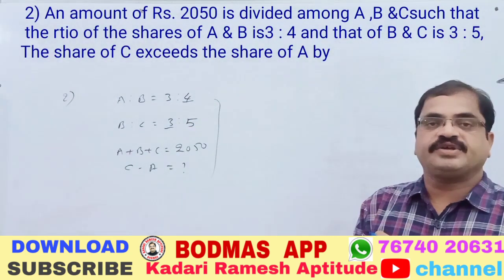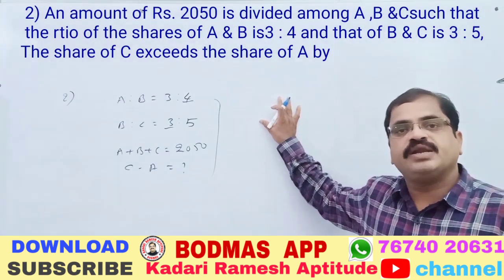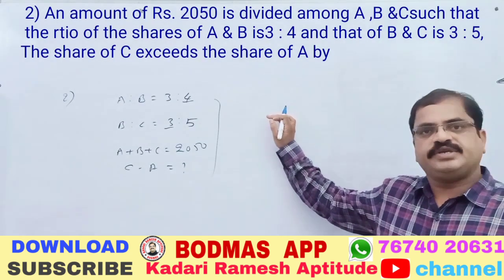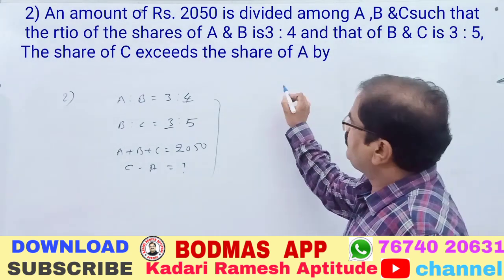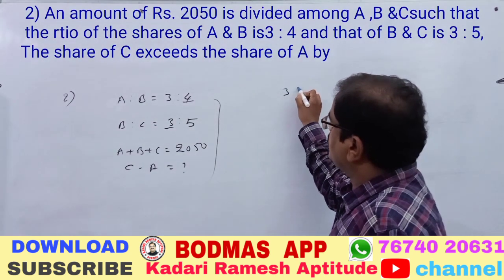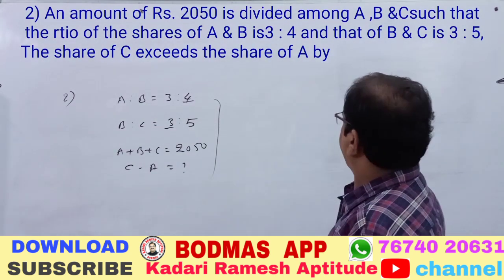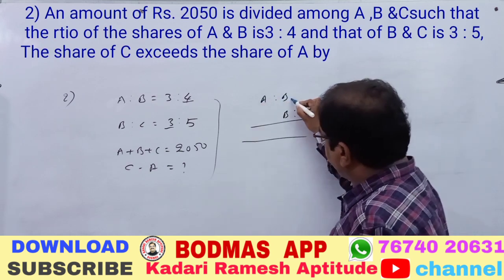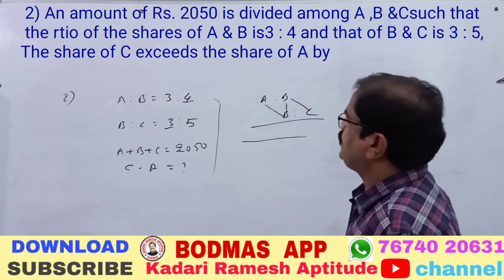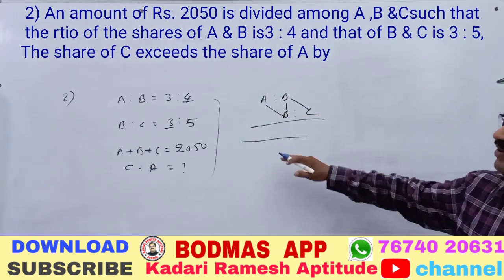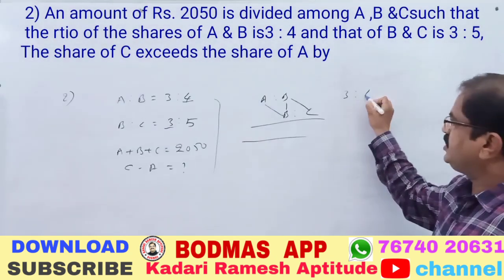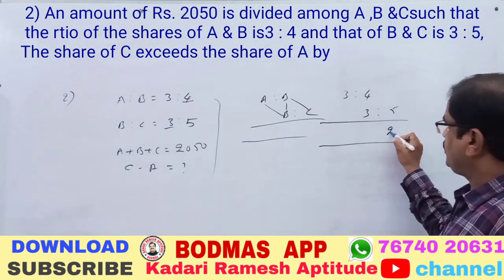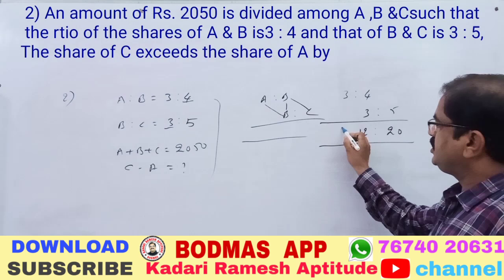When such differences are given, we must compulsorily make the B value equal. There are different methods to make it equal, but I will teach you a very shortcut method. Now first of all, whenever A is to B is given as 3:4, and B is to C, you have to write it. Then if you do B into C, B into B, A into B, we will get the ratio. I will write the values. This is 3:4. This is 3:5. Now 5 fours are 20, 3 fours are 12, 3 threes are 9.